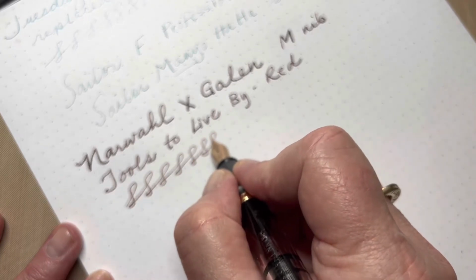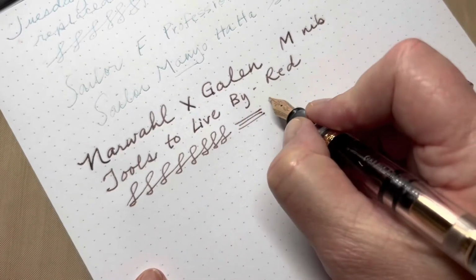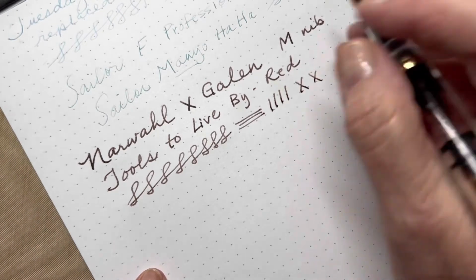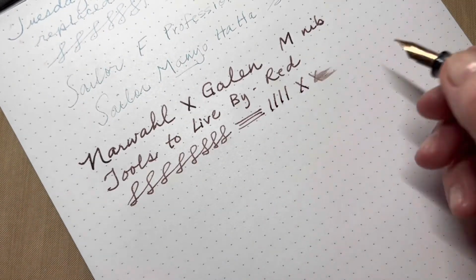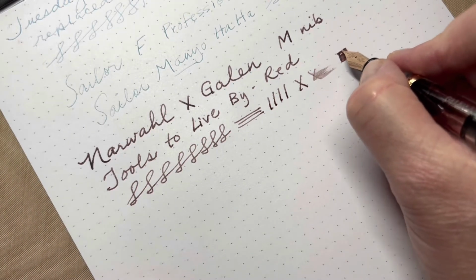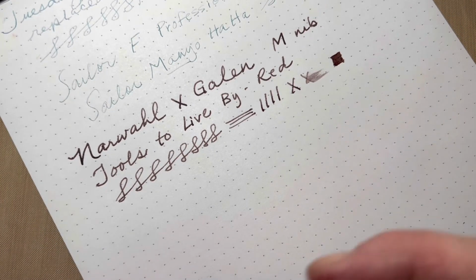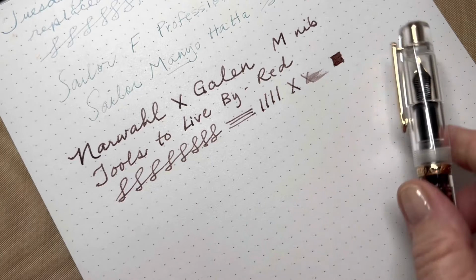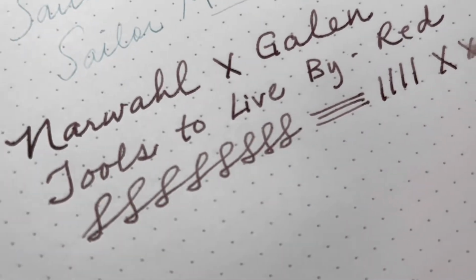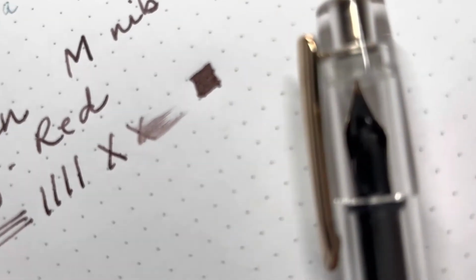This is a fun pen to write with. It's one of the smoothest writing pens I actually have, I think. But I kind of expect that with the medium nib. So let's see what happens when this ink dries. Wow, as it dries, it's very